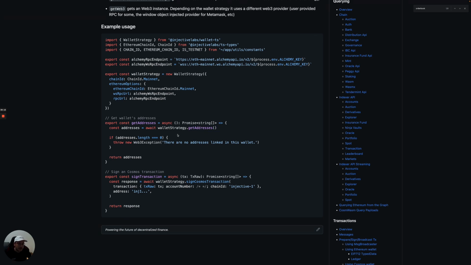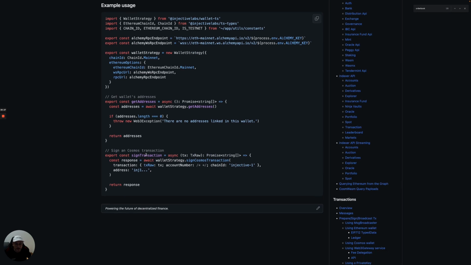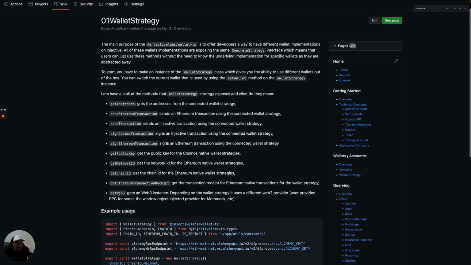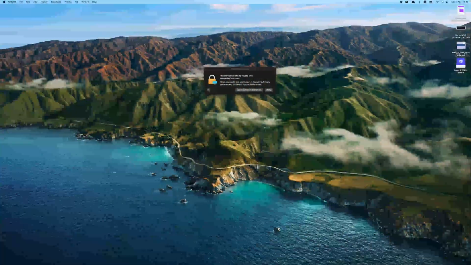So let's say you want to change to Keplr, you can do wallet strategy dot set wallet Keplr, and then when you call the same method again, it will fetch addresses from Keplr. And yeah, just an example here of how to sign a transaction using the wallet strategy. Okay, and finally,